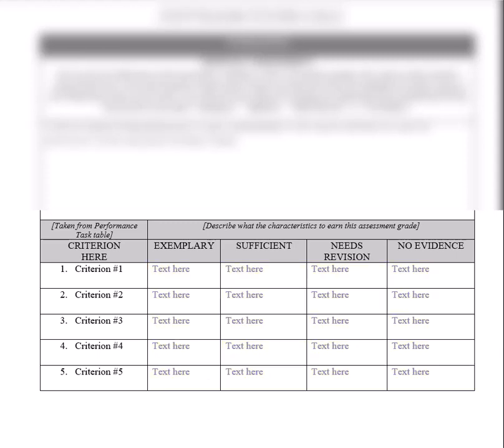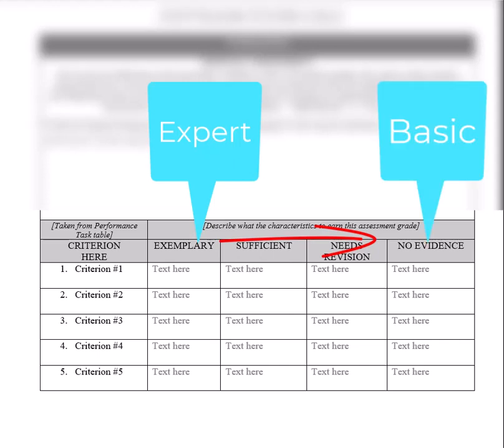So as we move from exemplary to no evidence, our descriptors provided for each ranking should shift as well from what would be considered expert level understanding and transfer to very basic or no understanding and transfer of the topic at hand. As we move down through the rankings, we should also consider adding some common misunderstandings to the criteria, because if students don't have a good grasp on the material, they may also be demonstrating some of those misunderstandings